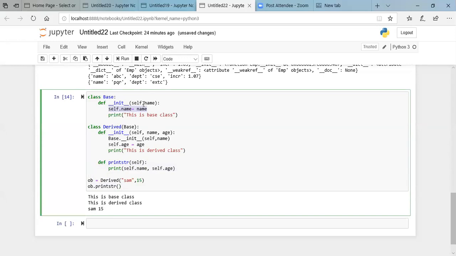There would be more and more features available in the base class that you want to reuse, and that can be done with the help of inheritance. In single level inheritance, there is exactly a single parent class. It can have more than one child class, but right now in this case it has only a single child class. Base is the parent class, derived is the child class. Derived has all the features inherited from the base class.